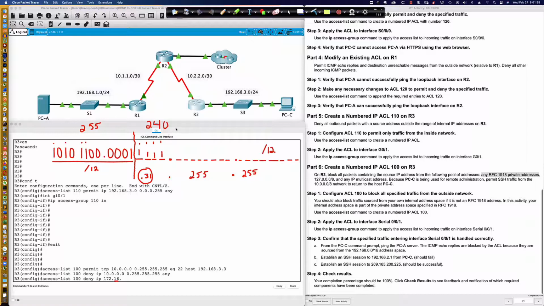And again, it would be 255.240.0.0. So that's a /12 subnet mask right there. What is the inverse of that? Well, it would be 0.15.255.255. And again, you can see why this little /12 and the 172 can be confusing because